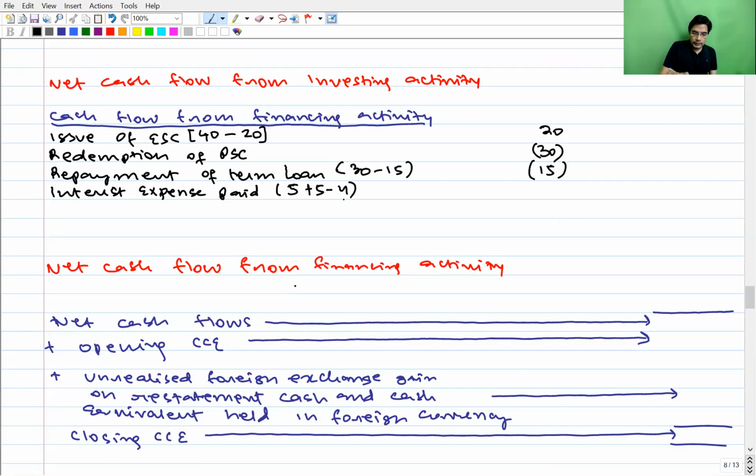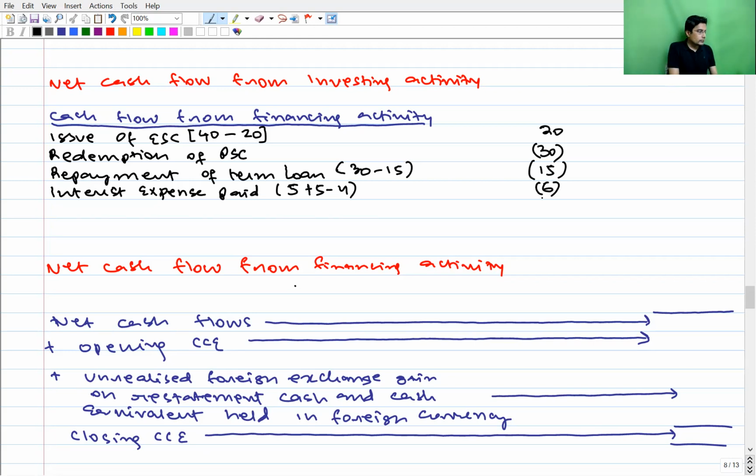So we will minus it. So always remember, whenever in the P&L account you see an expense, first check, is it a cash expense or a non-cash expense? If it is a cash expense, it's not necessary that whatever amount that expense is appearing at in the P&L account, at that amount only we have paid. We have to adjust the outstandings and prepaids to find out the paid amount. If no outstanding or prepaids are given, then the amount appearing in the P&L account is equal to the amount paid.